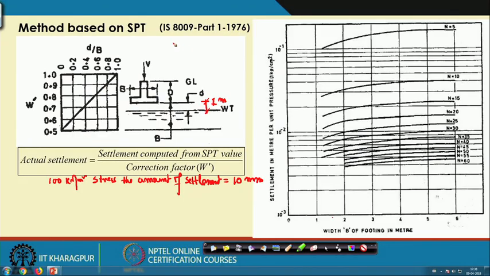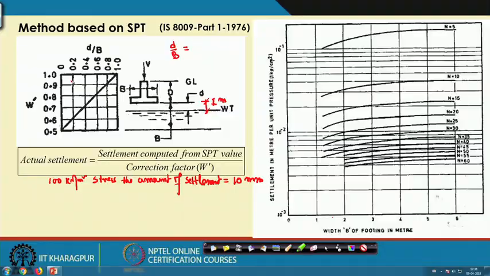So, here you have to use this chart, where there is a term D by B. This is the water table depth from the base of the footing. In the other case, we are using Dw dash. Remember that in these problems we are using different notations in different cases, because these charts have been developed this way. So, we have to use those notations, but I am explaining the similarities and differences between them. Here D or Dw dash are both the same.